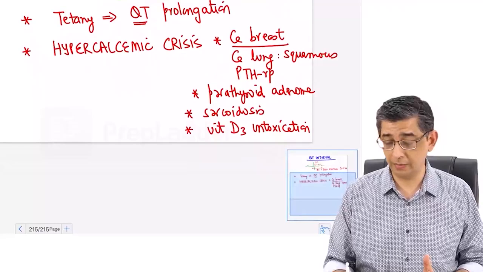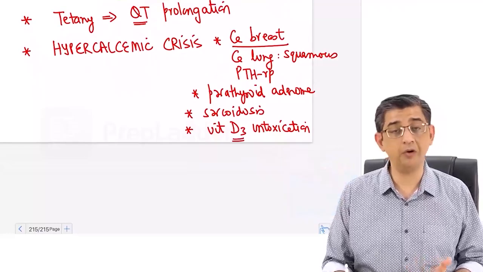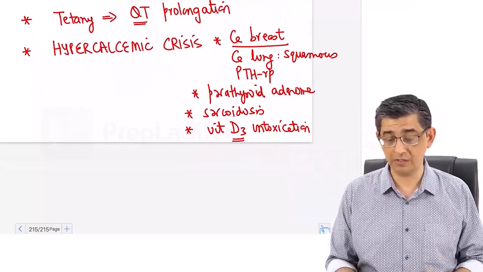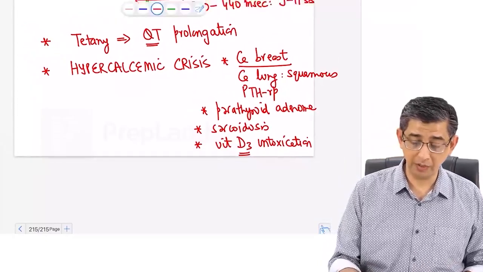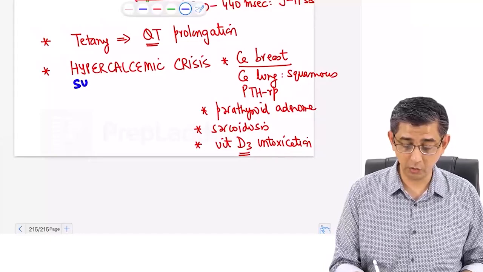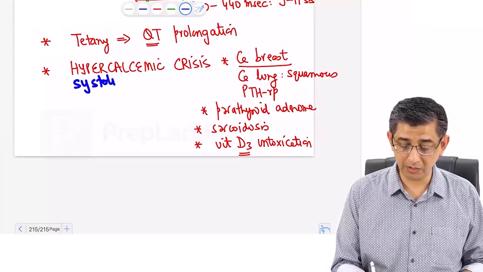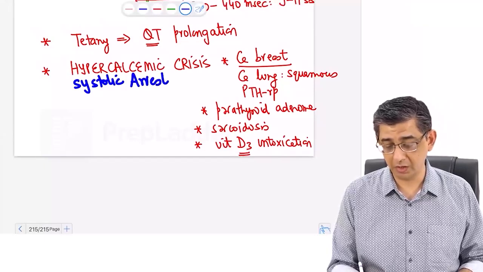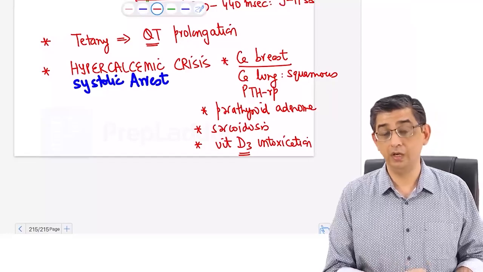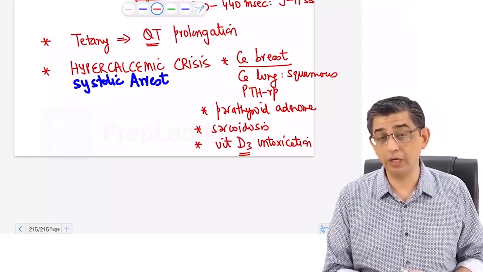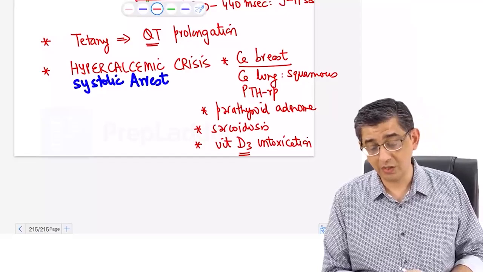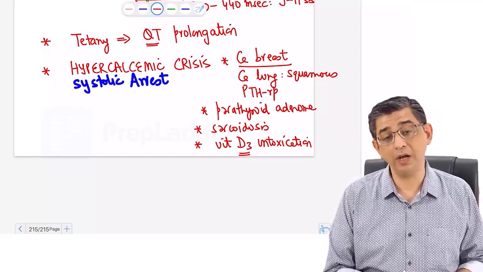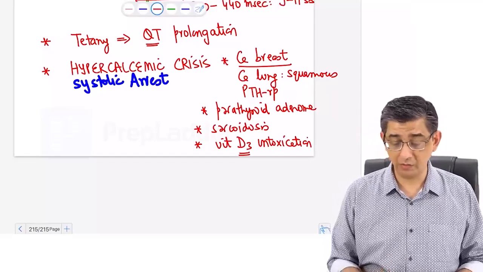That is, excess of vitamin D3 in a gym freak can contribute to, again, hypercalcemic crisis. And why we are worried about hypercalcemic crisis is because of the cardiac issue. I mean, why am I discussing this endocrine topic at the moment is because hypercalcemic crisis can contribute to systolic arrest of the heart. Like I said, tetany can kill a man due to laryngospasm. It is systolic arrest which is of danger with respect to hypercalcemic crisis,